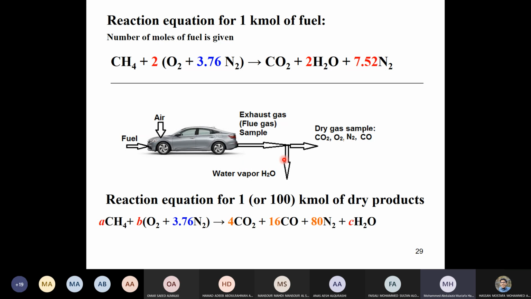This is what they do. They measure the air to fuel ratio. And this is, I put this here as